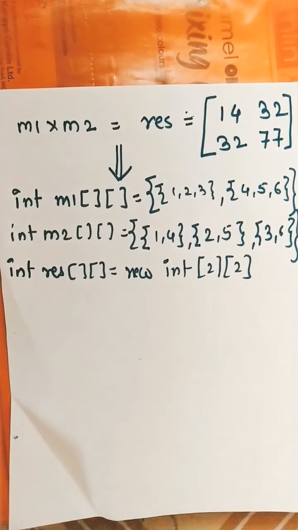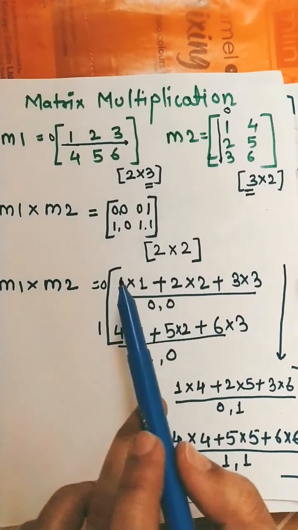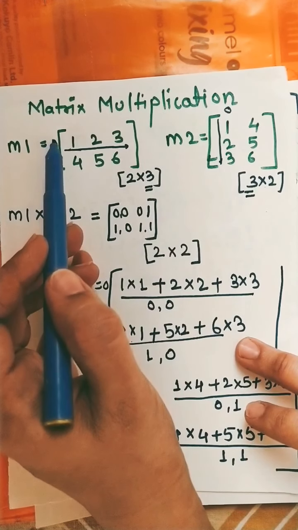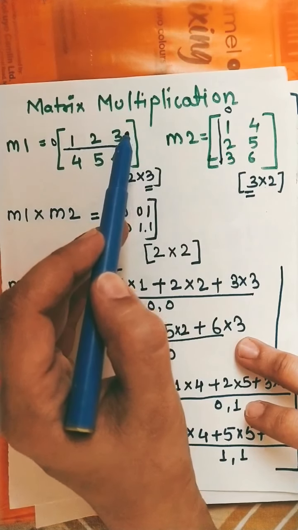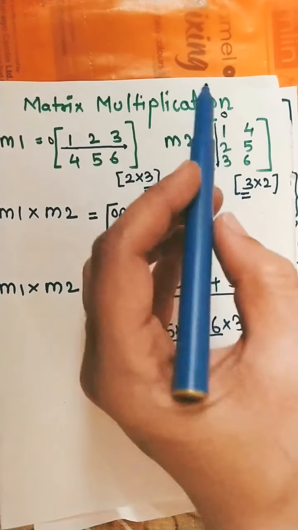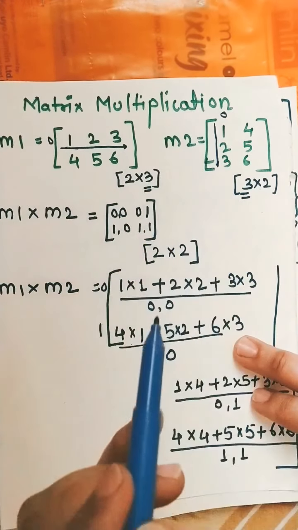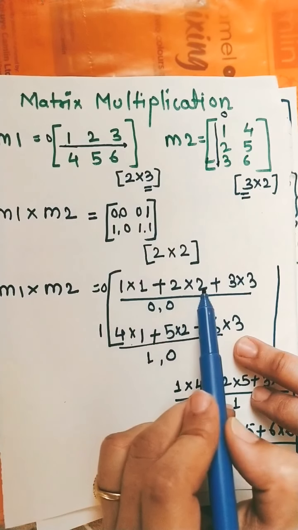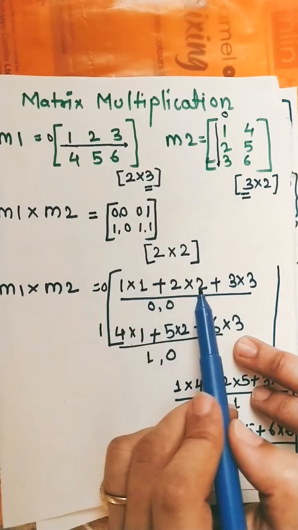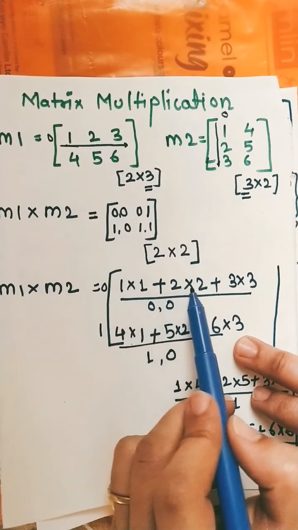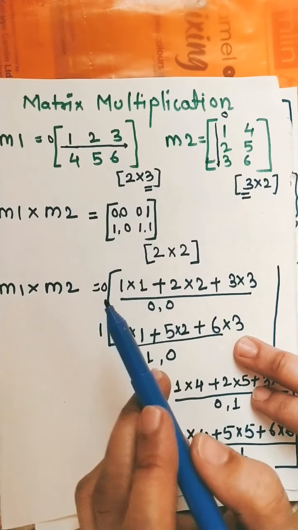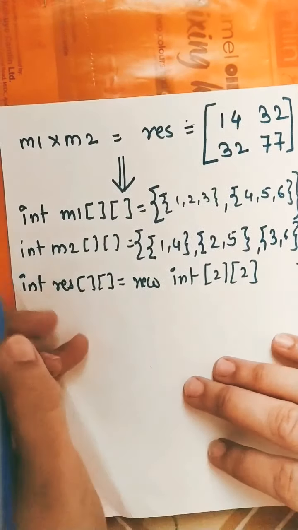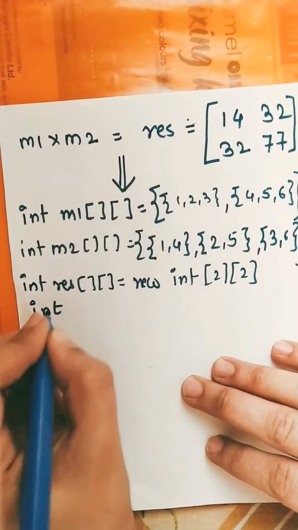After this, in M1 we are keeping the row constant and changing the column. In M2, we are keeping the column constant and changing the row. From this combination, we do multiplication and addition: multiplication of each number, and after that addition of these products, we get the final element. To store this value, we need to declare a variable sum.